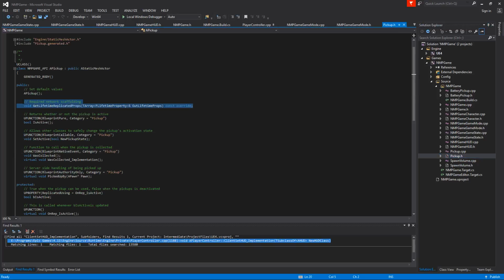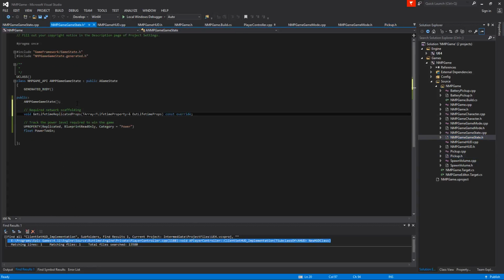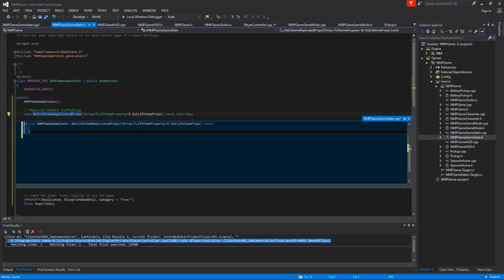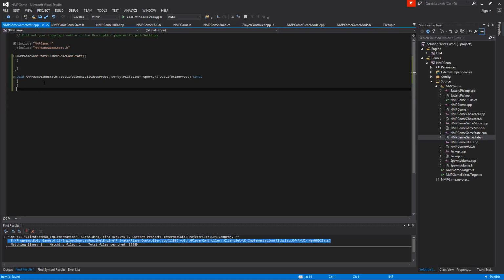Here, GetLifetimeReplicatedProps. Copy that. Back over to our game state. And just throw it under our constructor. Paste. And then I'm going to try our little trick, Ctrl+period, Enter. See if it'll write that signature in the CPP file for me. Well, that may have been a mistake. Sometimes IntelliSense takes longer than it would take for me to actually type it. Hey, it worked. Great. Okay, so I'm going to bail out of that, switch over here to my implementation, and